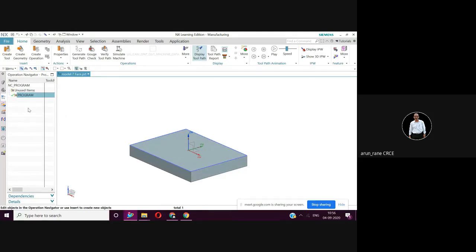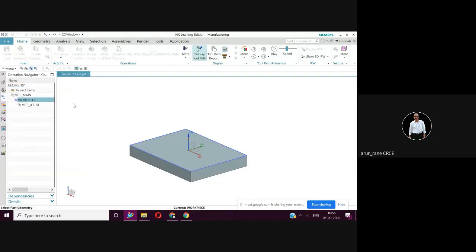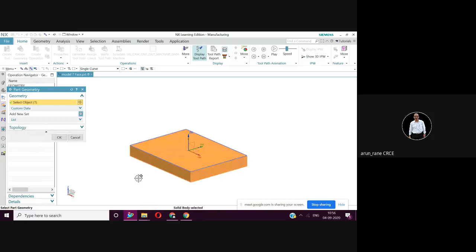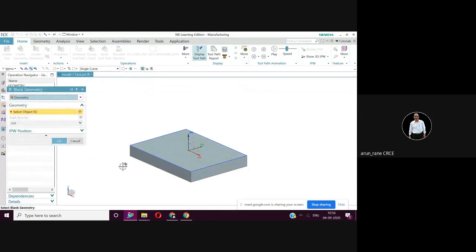Just see. Now you have to define the geometry. Where is that geometry? Yeah, here. By default it will appear. This plus sign means something is there. So you double click at workpiece. Now the machine should understand which part we are talking about. So you select this, and this component has been selected. Select object, see, it is tick marked. Component has been selected. Say OK.